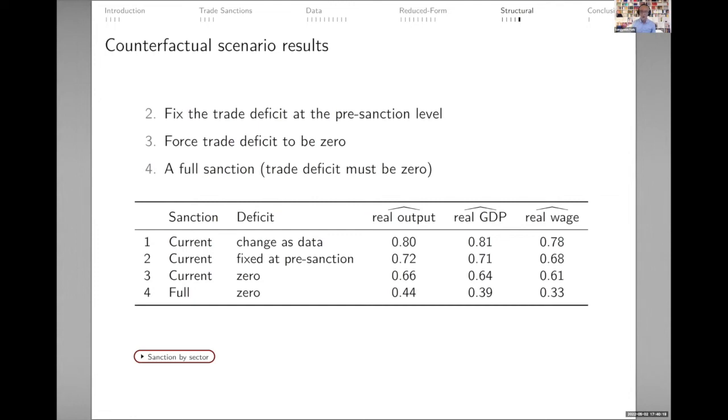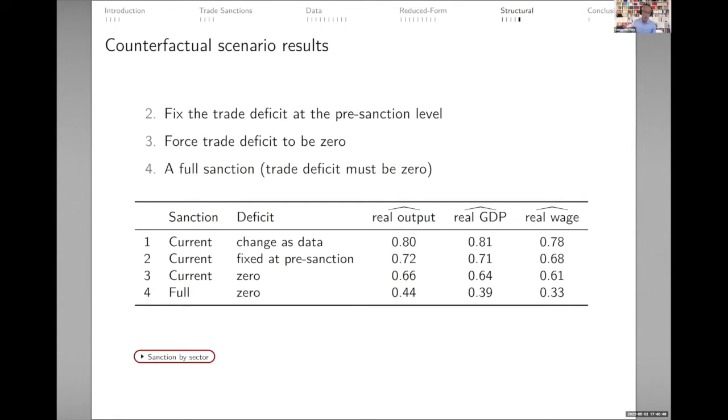So the overall drop in real output would be about 14 percentage points if North Korea has to close their trade deficit. Then the last row is a counterfactual where we assume that if North Korea faces a full sanction of all their sectors, then their real output would drop by about more than half. So we believe that some of these counterfactual scenarios might be interesting to look at from the point of view